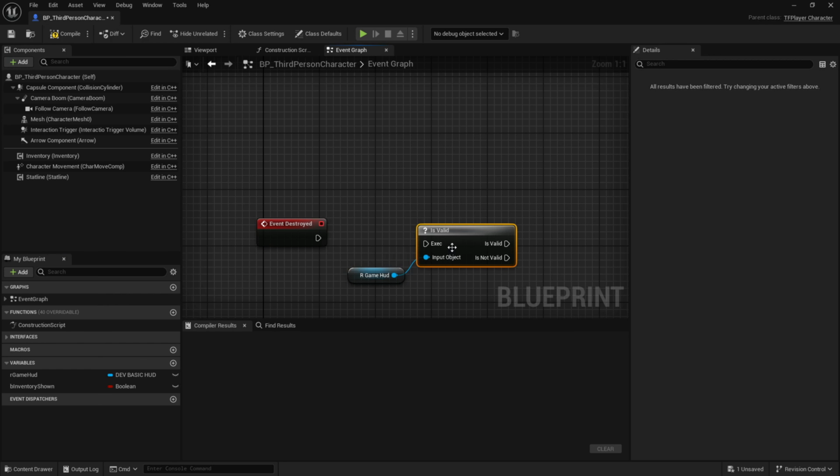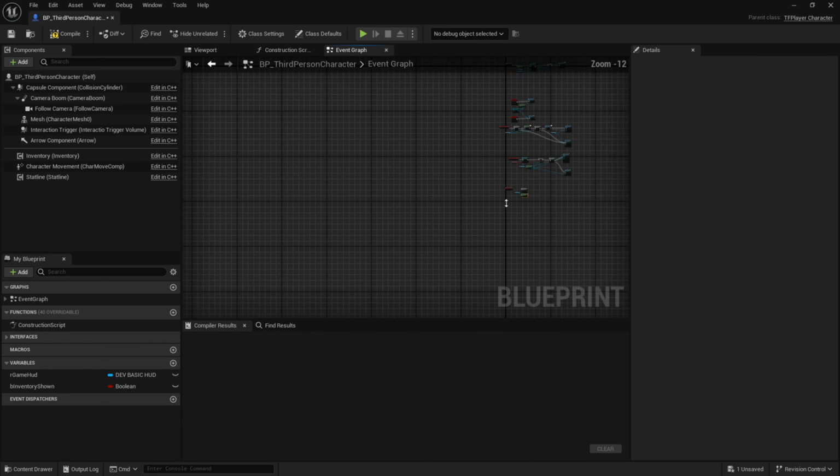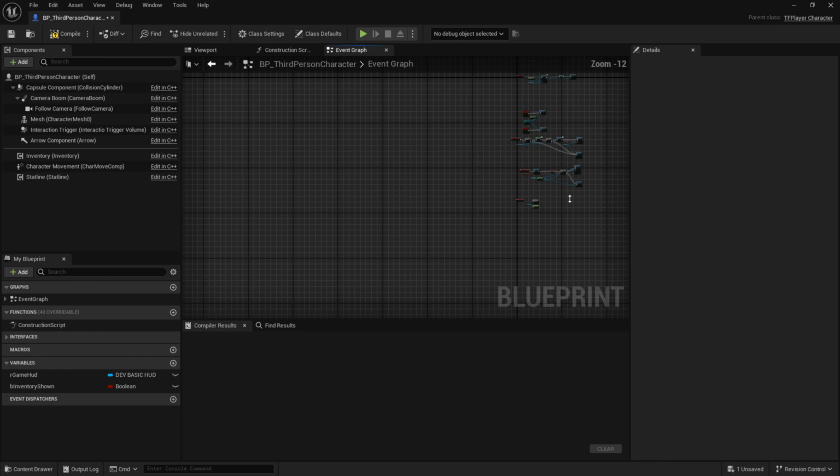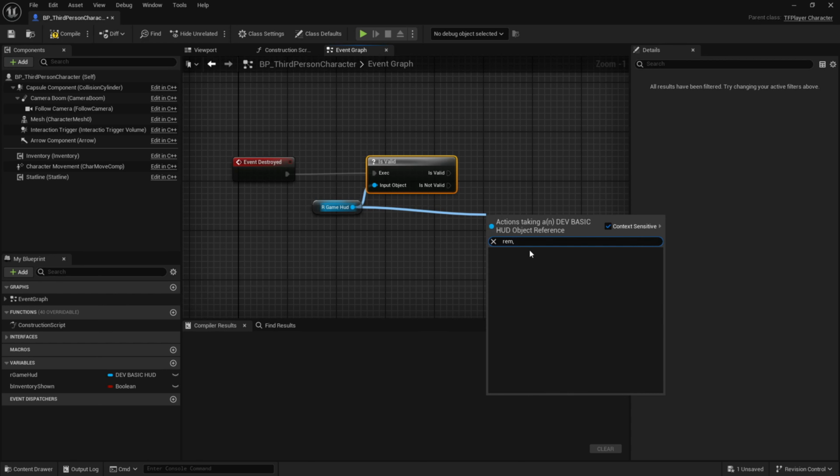Again, I always like to use this. It's the same as the C++ function is valid. The other one you can do is the constant variant, which I hate. Do I have a key down that it doesn't like? This is if you want to attach it to a switch. Well, it's already a branch, sorry. So I'm not sure why these two are there. This is obviously for additional logic. Yes, I understand, there are other reasons for this. But anyways, if it is valid, we're going to remove from parent,